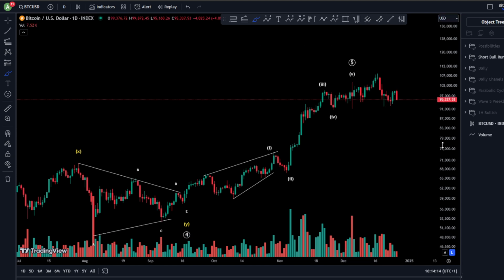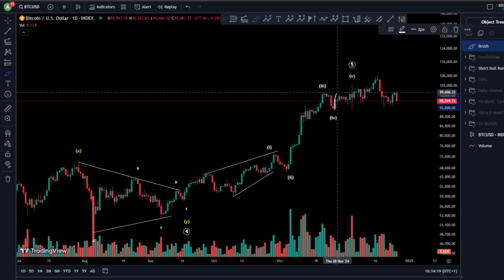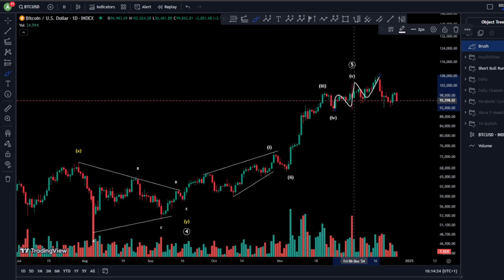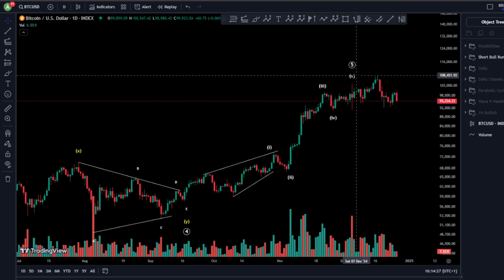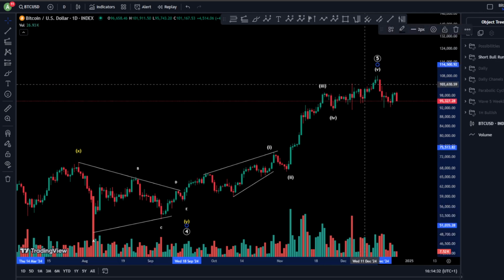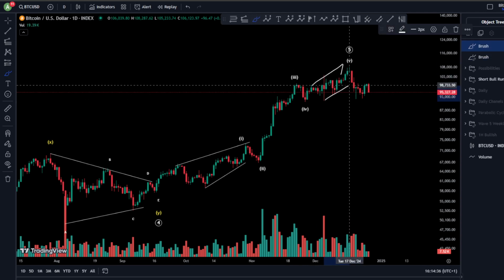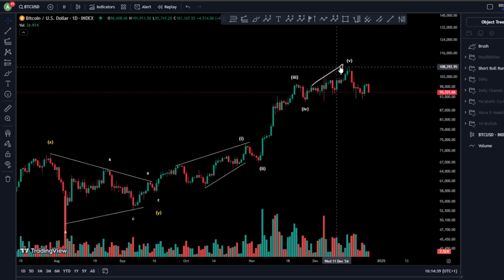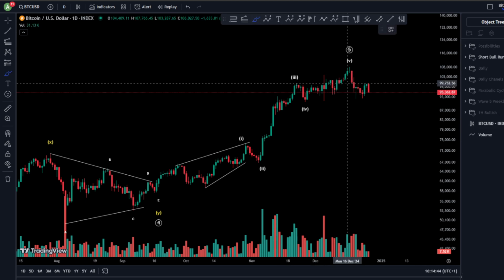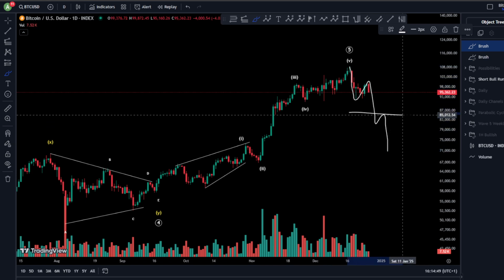Now, in case that we have topped somehow here, it can finish probably even in a different way, like a contracting or expanding diagonal, which is very rare, to be honest. In case it is an expanding diagonal, it has like a 1% or 2% chance to happen, to have an expanding diagonal finished in the wave 5 here. And if that really happened like this, therefore we are looking here at an impulse 1, 2, 3, 4, 5. But that only if we break the